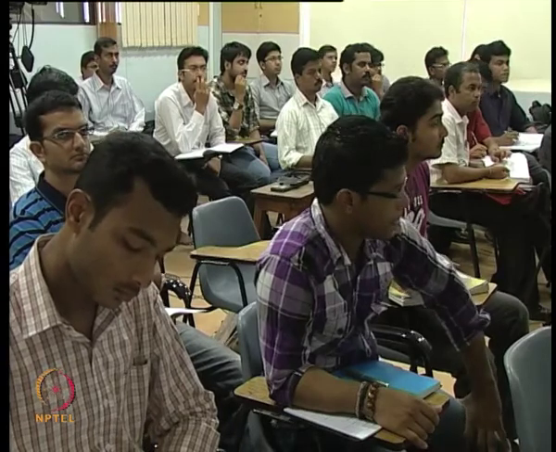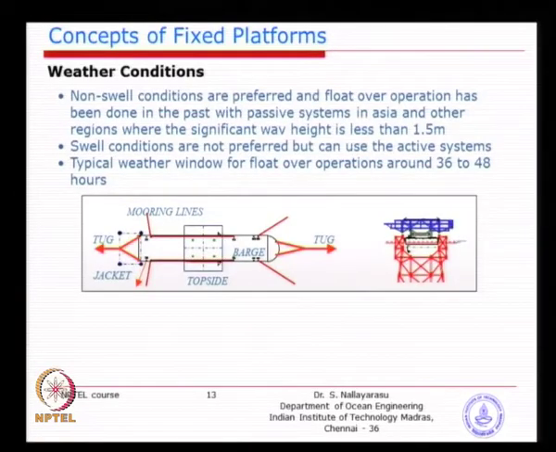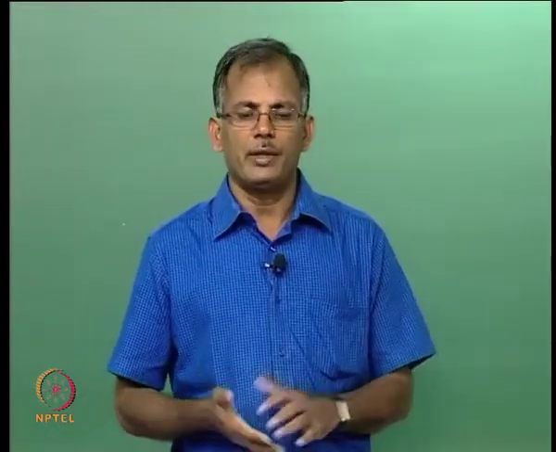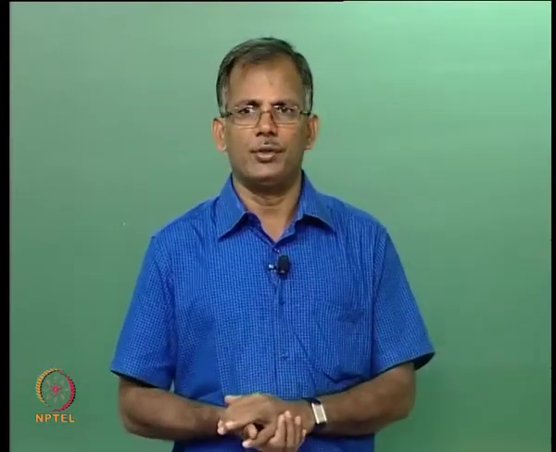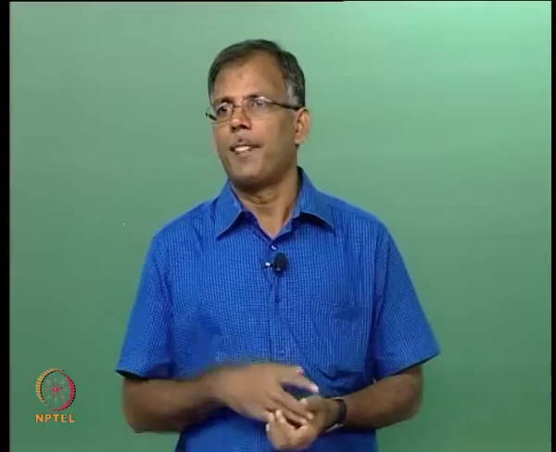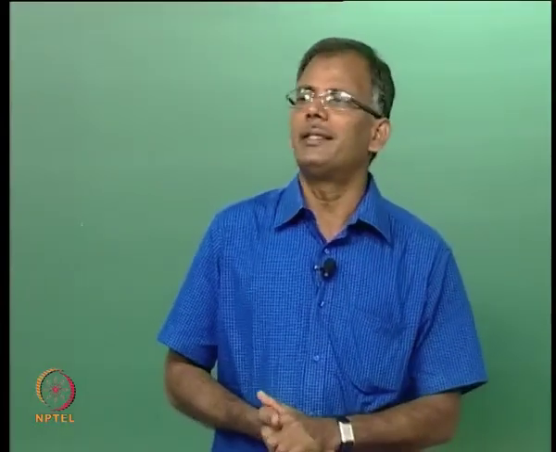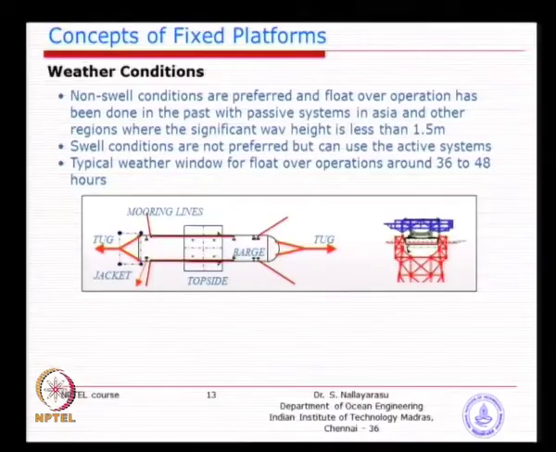So, a typical weather window means the period during which we need to start this operation. The whole float over operation can take only 6 hours, but the preparatory activities and the post activities after float over could take about 2 days in total. You should wait for the right weather condition, remove the sea fastening and go inside, and get your alignment done. So many activities will be performed during this installation.